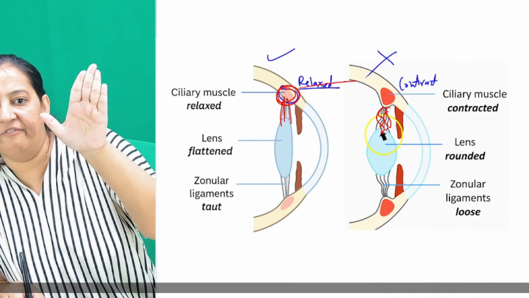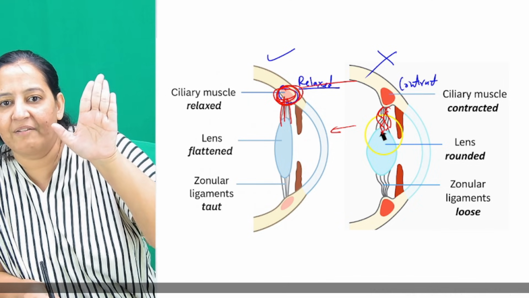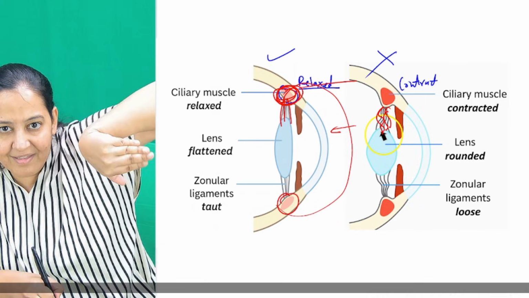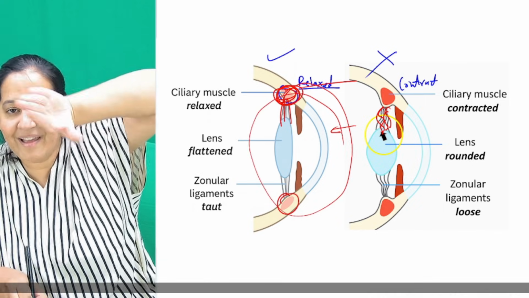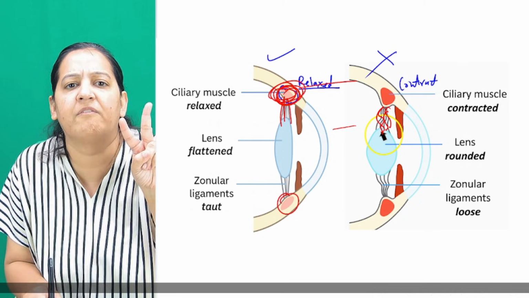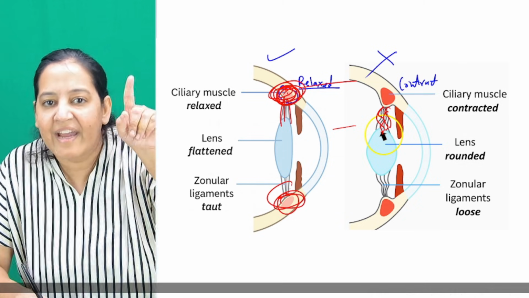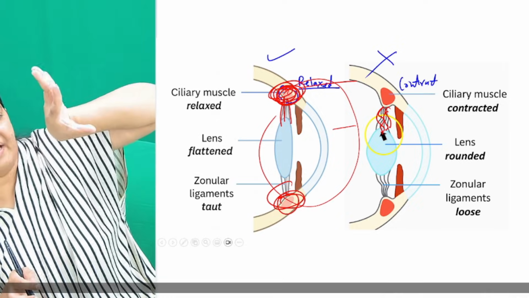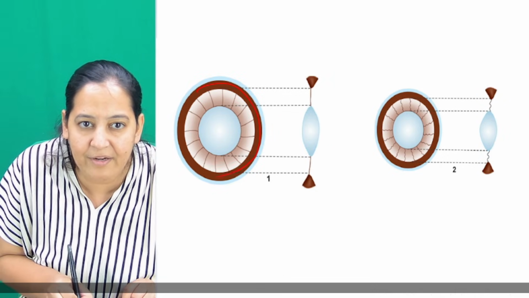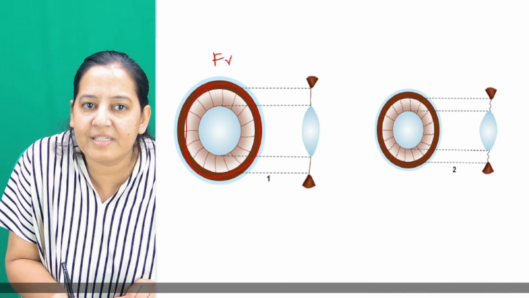What about the front view? If we look from here, how will the ciliary muscle look? You are looking from the side view. From the front, it's like a circle. The ciliary muscle is a circle, known as the ciliary ring. From the side view, it is not. You may imagine there are two ciliary muscles, one above and one below. No, it's not two. It's a circle. You see from the front, it's like a ring. This is the front view.